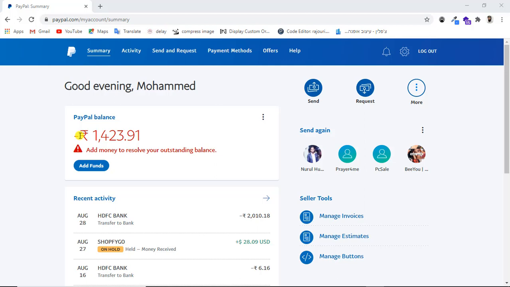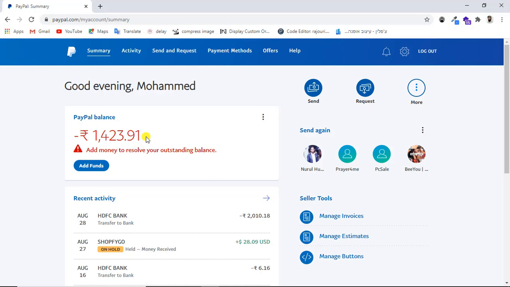That means you have to add the amount into your PayPal account, and from there this much amount would be deducted. There are a couple of reasons for this specific amount in minus. For example, you have a dispute with the person who has paid you the amount, or another reason is you have purchased something which costs more than the balance you have in the PayPal account. At that moment you will be seeing this specific amount, right?